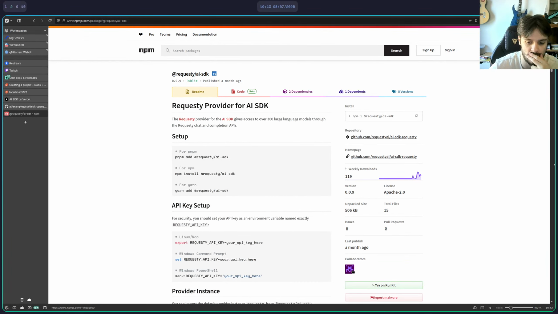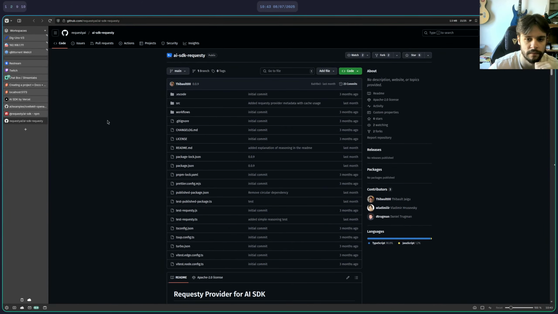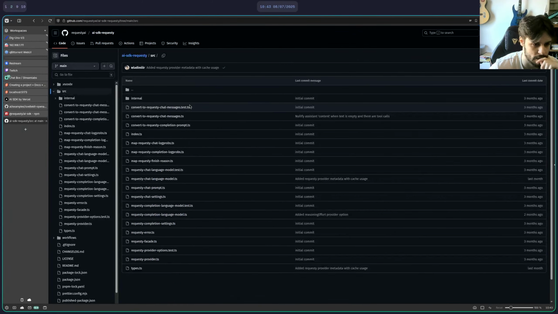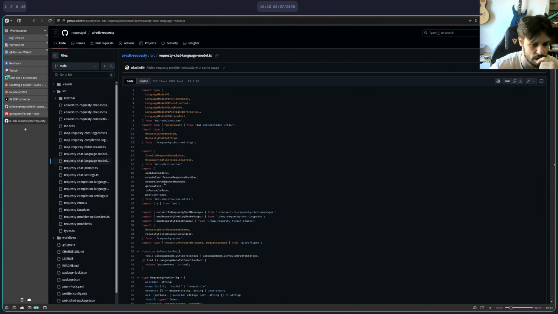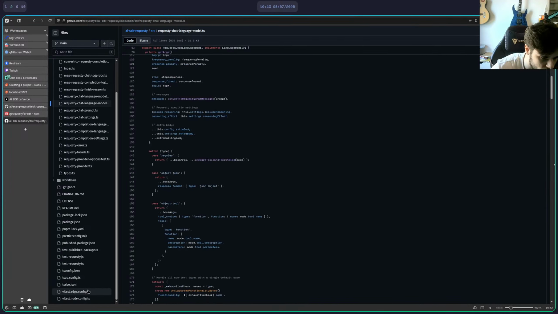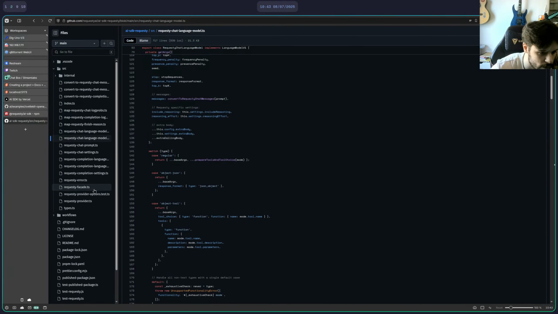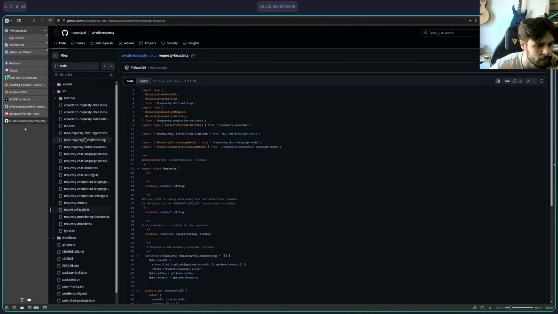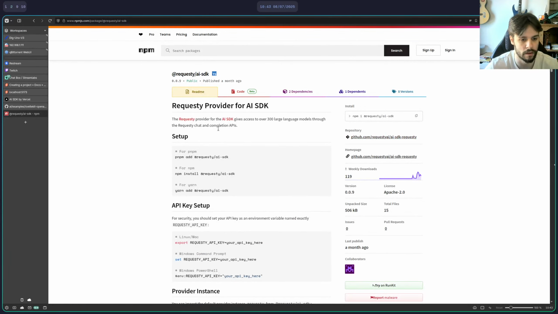And have a look. What is the main difference here? A lot of tests. Ooh, this is huge. But what is it you do? Maybe. Okay, let's have a look. The Requesty provider for the AI SDK.